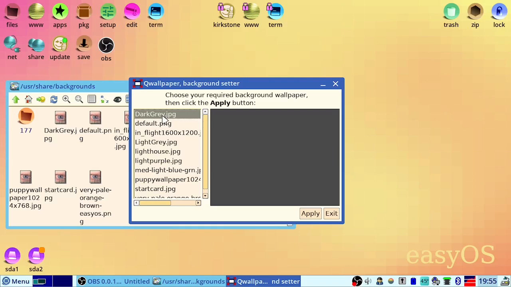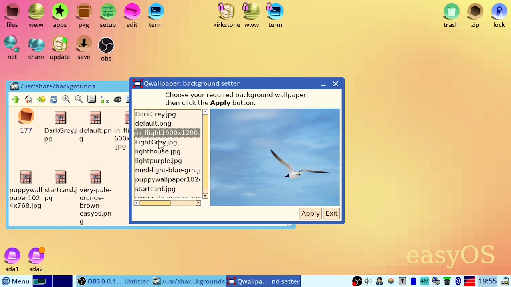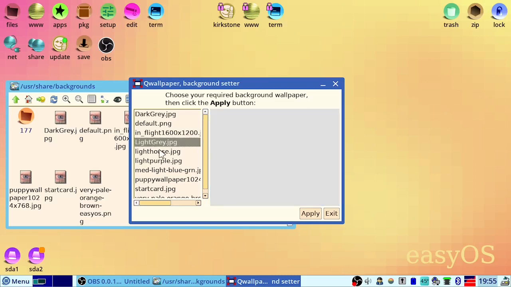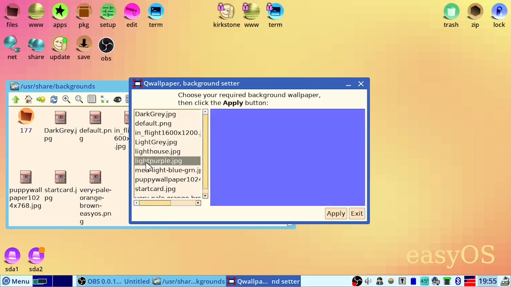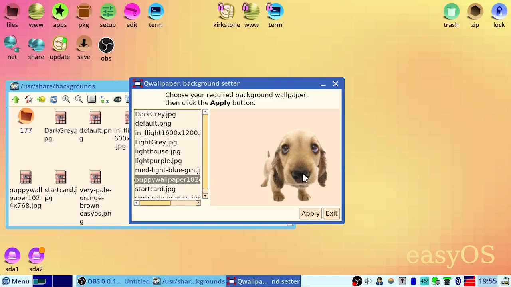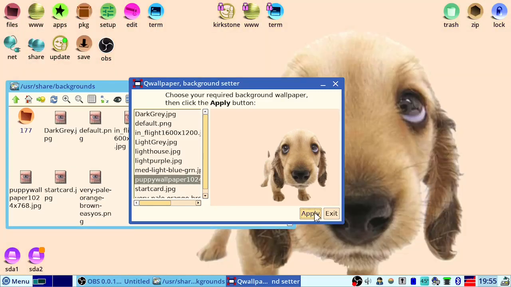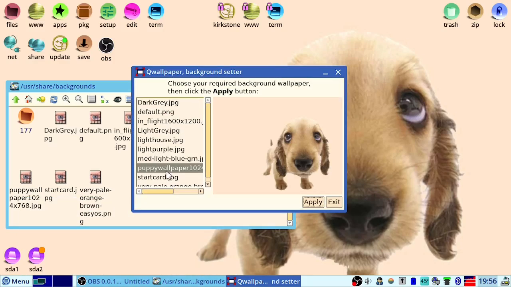But you get dark grey, which is just plain. Yeah, there it is, the default. You've got in-flight, which is a nice seagull. Light grey, which is just light grey. Lighthouse, which is a lighthouse with a ship in the background. Light purple, which looks blue to me, quite honestly. Medium light blue-green, which is that one. You get the original Old Faithful puppy wallpaper with the cutest dog you ever did see, with its big puppy dog eyes. But anyway,